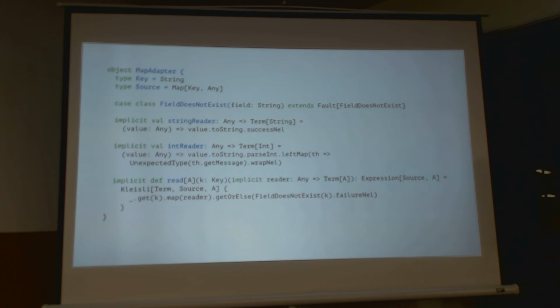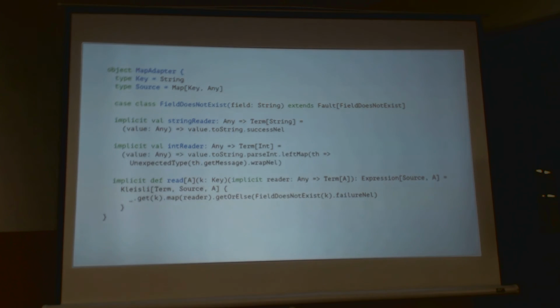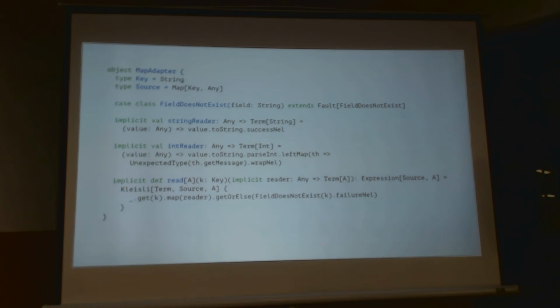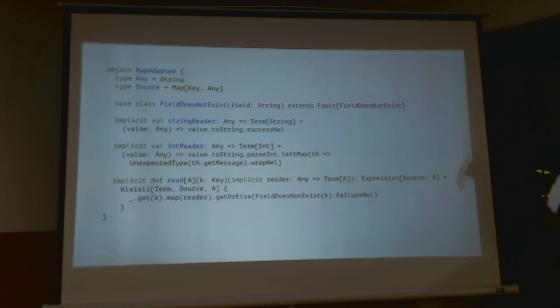Now we're gonna go ahead and just define our adapter first, kind of doing things differently in this using applicatives. And we're saying, okay, our source type is a map key to any, and key is gonna be a type string. We have a reader, which actually will read any value from the map, the term T, and it does this by saying, okay, get the value,